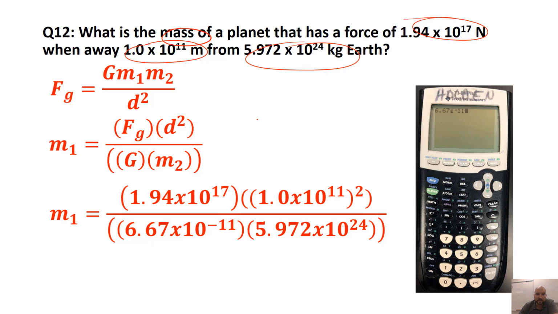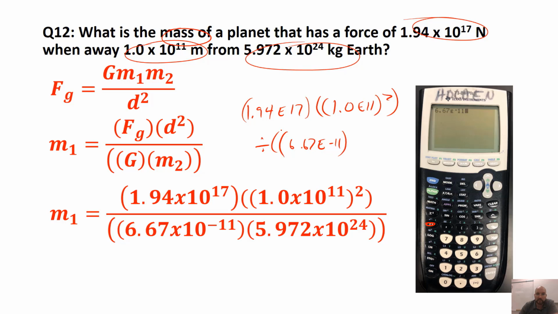And this is the way I would type this one in. Open parentheses, 1.94 E17, close parentheses, open parentheses, 1.0 E11, close parentheses, find that squared button, square it, close parentheses, hit the divide, open parentheses twice. This is very important. You want two parentheses down here, open parentheses twice, 6.67 E negative 11, close the first